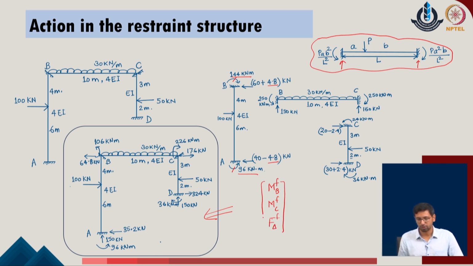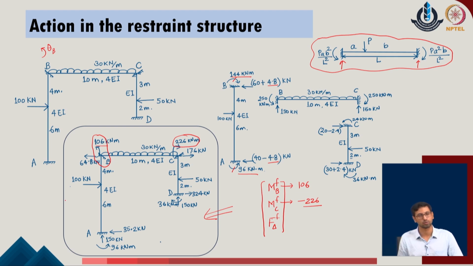And as we look for these three values, I define that at the joint B, the net moment value is appearing as 106, which is in the same direction as the original theta B, which has been considered anti-clockwise positive. So, M of B comes out as 106. In the same manner, the moment at the joint C of the given system has been evaluated, which comes out net as 226, opposite to the anti-clockwise direction.